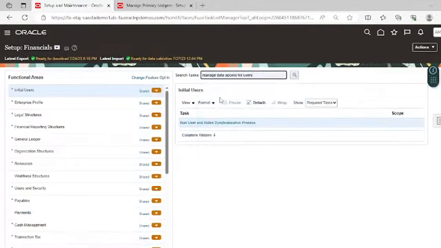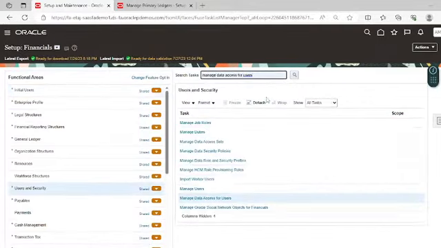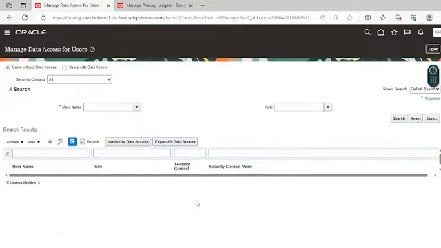Search for manage data access for user. Click on add.